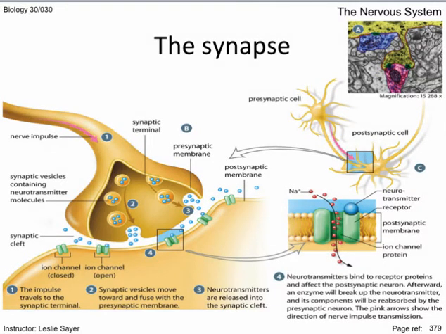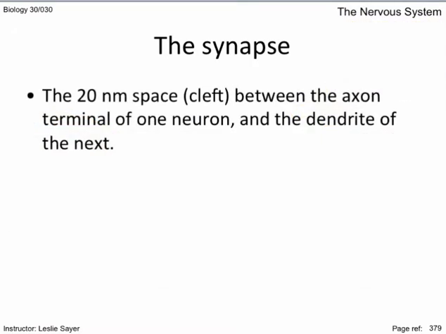Where the axon terminal of one neuron interfaces with the dendrite of the next neuron is a 20 nanometer space called the synapse. The axon terminal is also known as the synaptic terminal. A neuromuscular junction, shown here with my mouse, is the synaptic space, or cleft, between the axon terminal of a neuron and a muscle cell. So the synapse is the 20 nanometer space between the axon terminal of one neuron and the dendrite of the